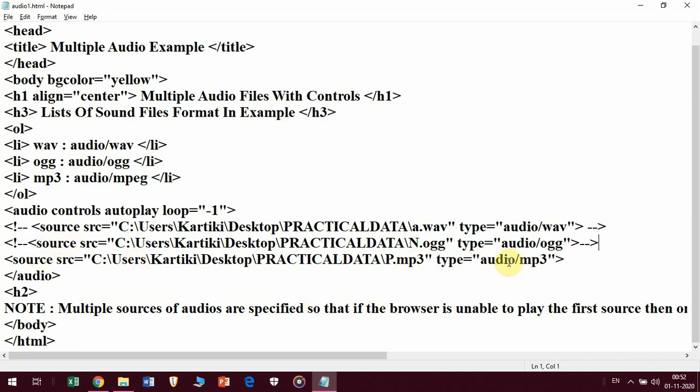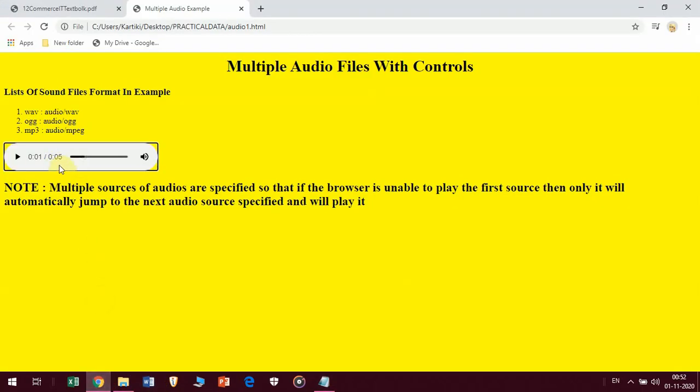And now see, since here I had given a comment, it skipped this line and went on to the next line. So my OGG file was run or played. Now here both the files I have commented, so it should play the mp3 file. So I'll go there. The first timestamp was 0.33 seconds, the next timestamp is of 5 seconds. Now here I'll just refresh. Now here you can see that the timestamp is 5.32 seconds, that is 5 minutes 32 seconds. And as soon as I run this,